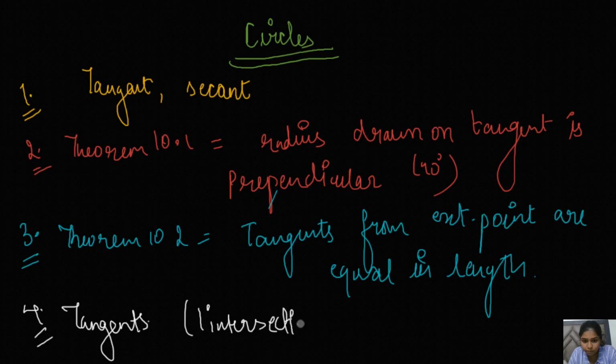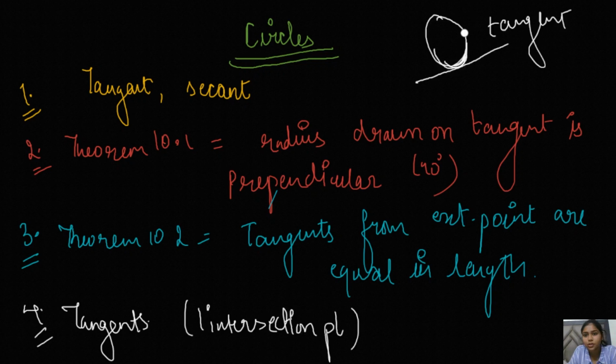How are they drawn? They are just drawn like this. This is the tangent, and I'm sorry, my picture is not very clear, but it is like this. This is a tangent, this is PQ, and this is a circle O. So PQ is a tangent. Am I clear with this? So that's all for our chapter number 10, that is circles.